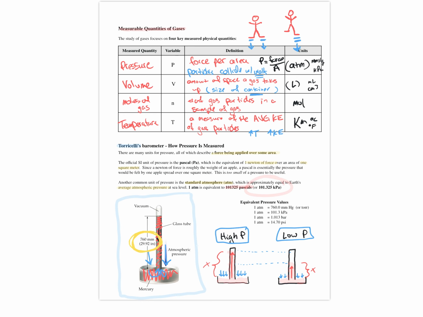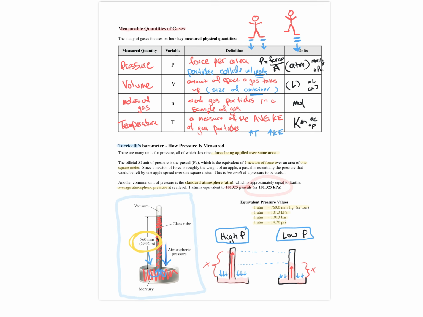So those are equivalent values. One atmosphere is equal to 760.0 millimeters of mercury. And we already know that standard atmospheric pressure is defined by pascals, and so that's going to be equal to 101.3 kPa or kilopascals. There are also many other pressure units, but two common ones that we're going to see are bar and PSI. PSI stands for pounds per square inch, again, a force per an area. One atmospheric pressure is equal to 1.013 bar. It is also equal to 14.70 psi.